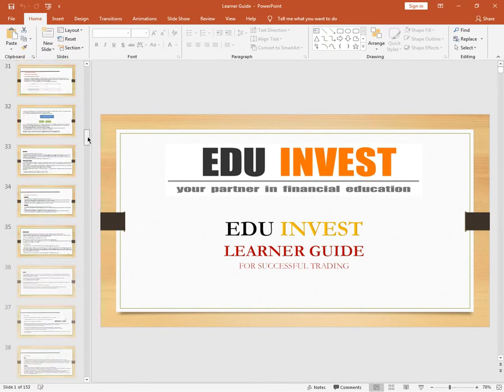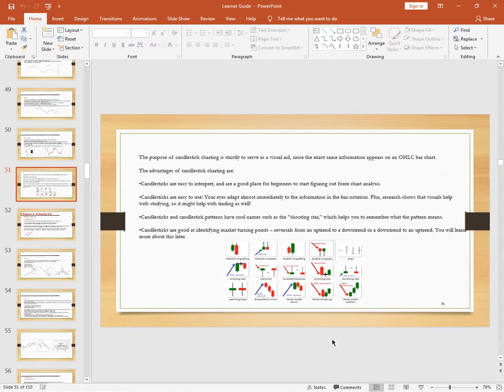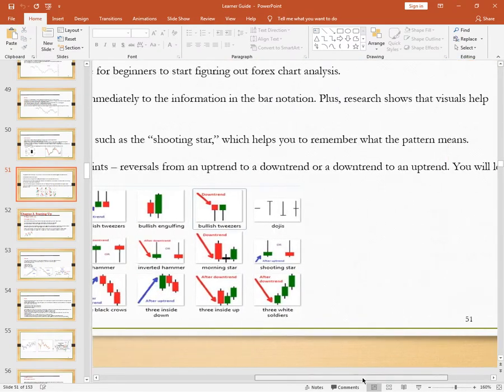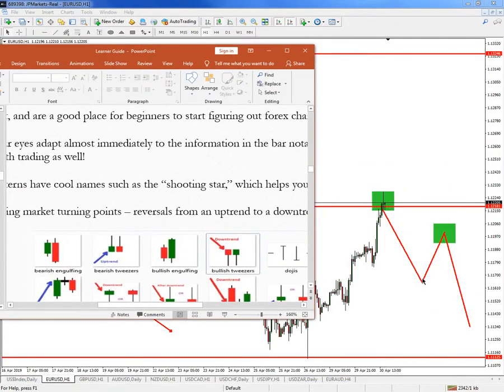And of course we're going to go down to page 51 in the learner guide, and I would like to see one of these following formations happening. Any of these formations that have a blue arrow facing up, because that will happen at resistance. Any of these candlestick formations that has a blue arrow means that it's moved up to a level of resistance, like a shooting star. This blue arrow indicates it's moved up to a level of resistance before pushing down.